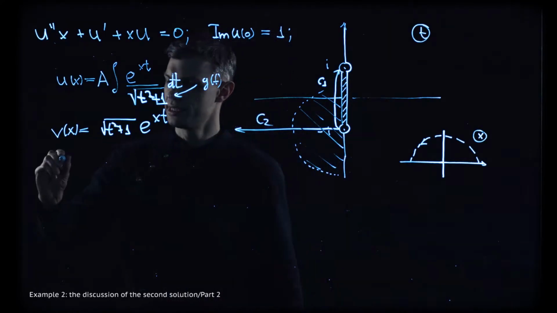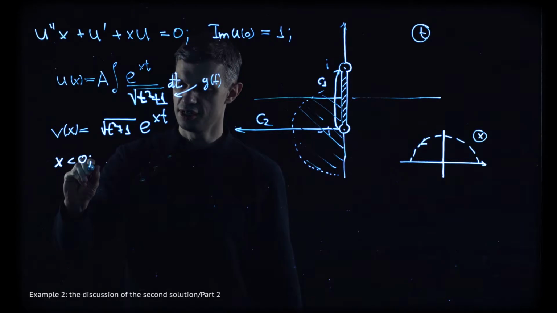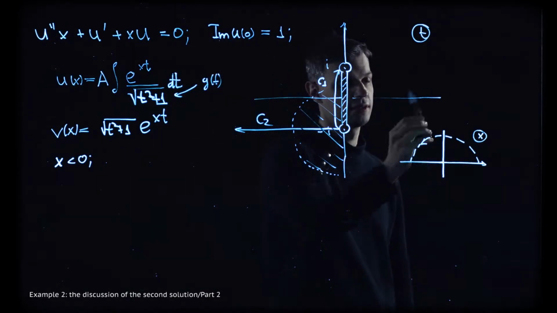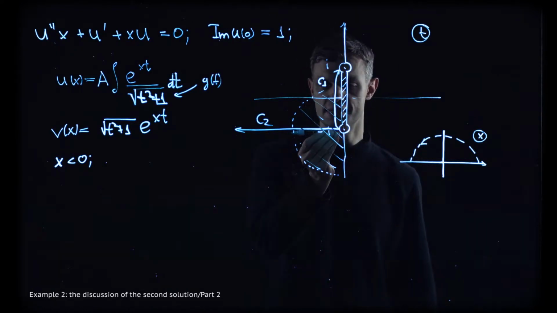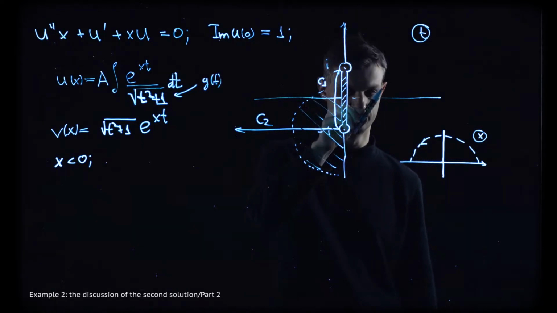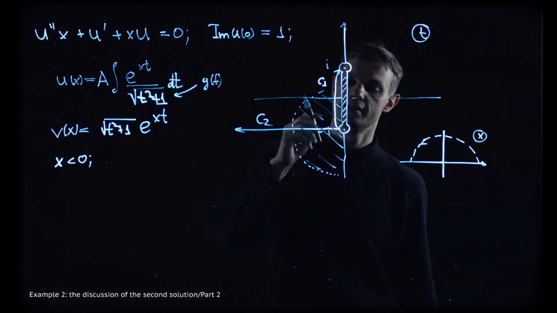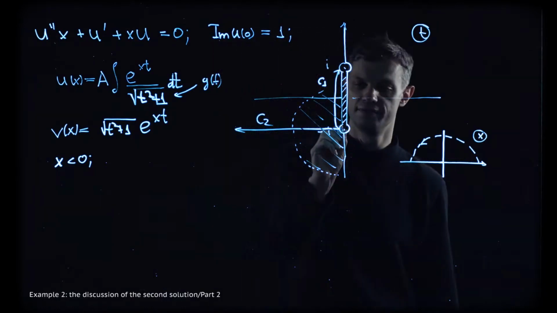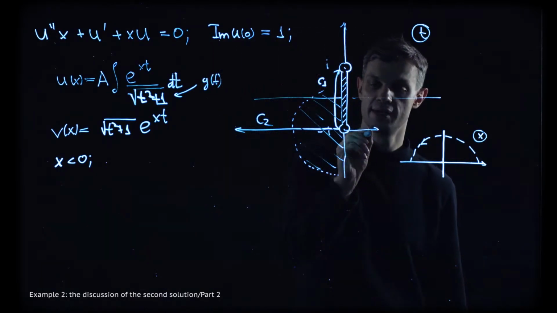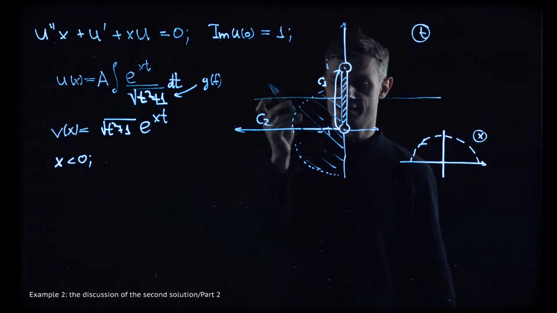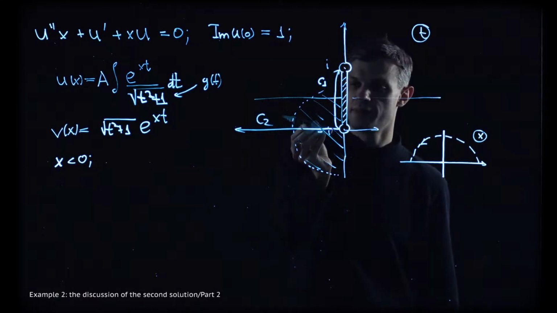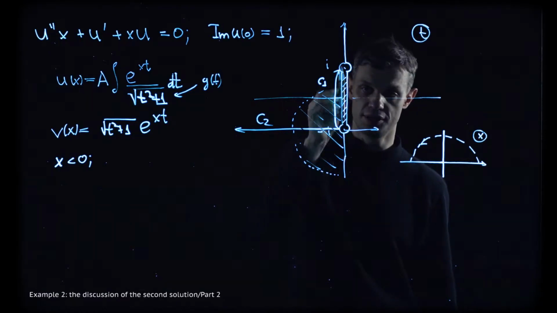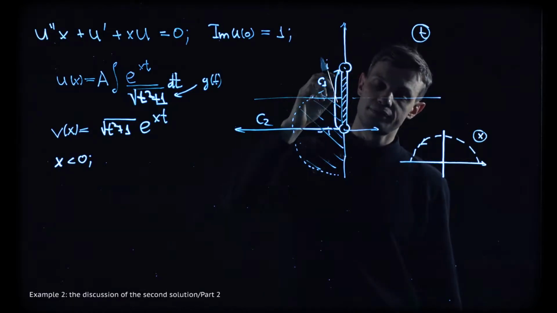Change. So now we discuss large negative x. As I mentioned earlier, when x rotates counterclockwise, the steepest descent direction rotates clockwise. So when x becomes negative, the steepest descent direction points to the right. So what is happening? This contour. In order to find the asymptotics, we rotate it up to this vertical direction, and then we have